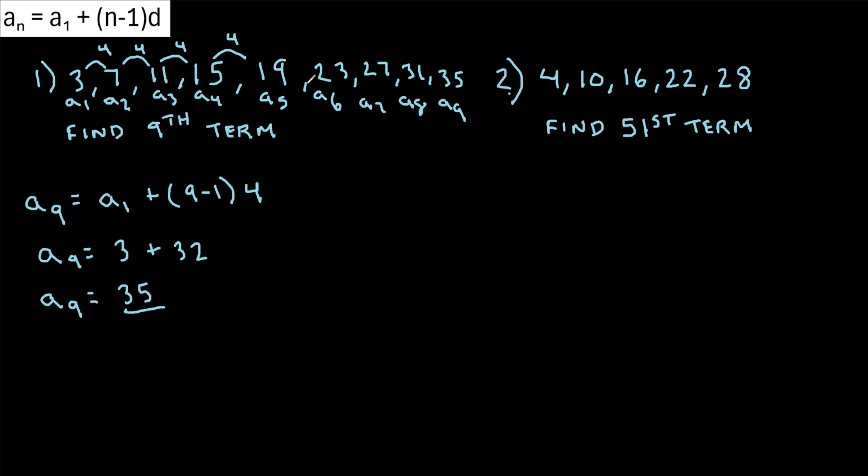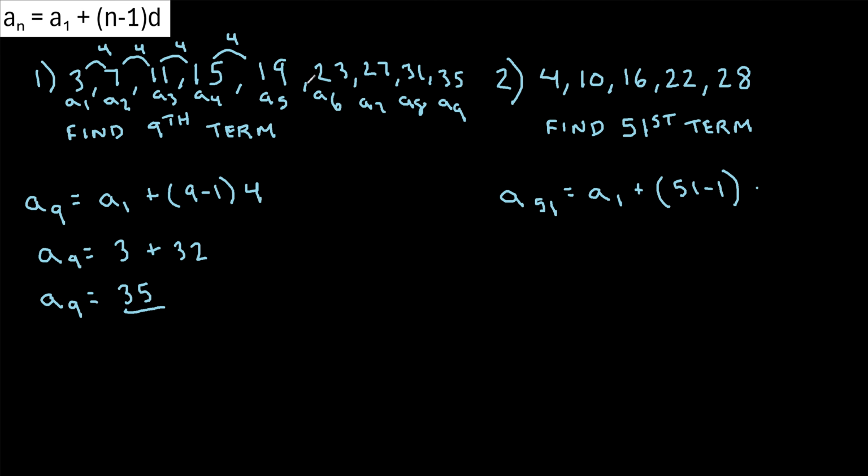All right, let's take a look at our second example. We have the sequence 4, 10, 16, 22, 28, and we're asked to find the 51st term in this sequence. So we'll use the exact same formula that we used in the first example. Let's write it out. We have a sub 51. It's going to be a sub 1 plus n, in this case, is 51, so 51 minus 1